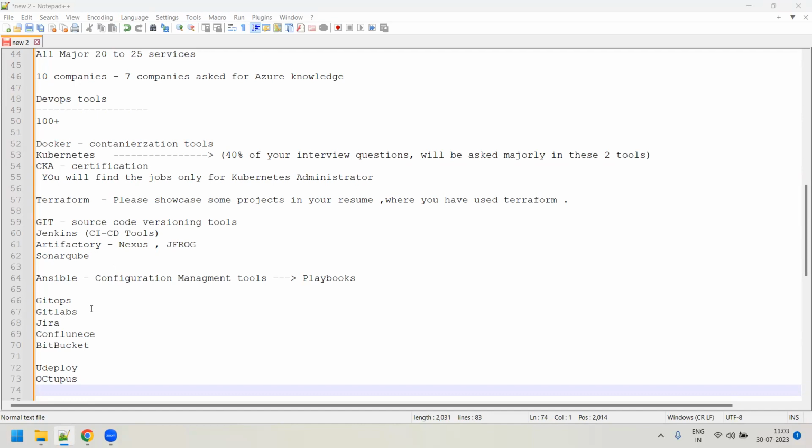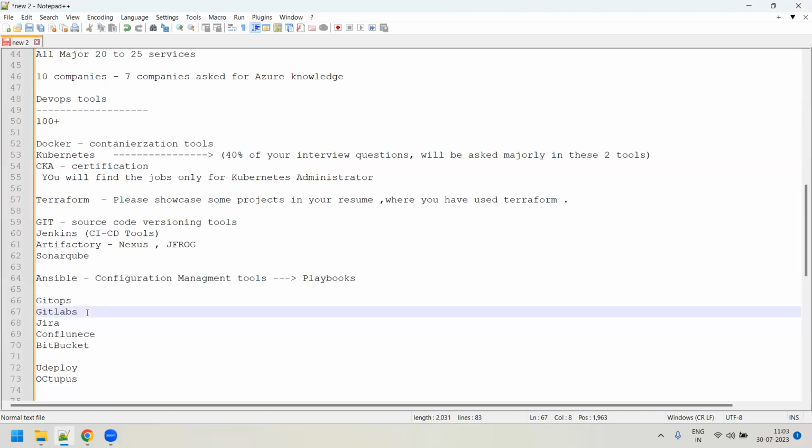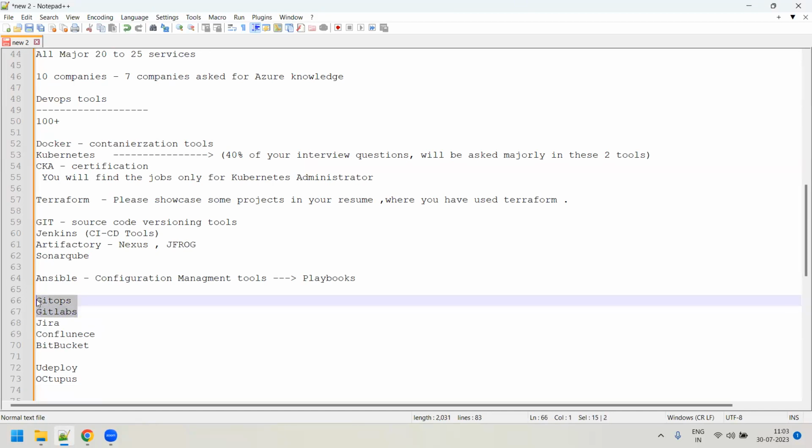So guys, that's what. Keep a tab on these tools also. Just have basic knowledge, at least 20 to 25% knowledge you should have with these tools. You should be able to tell something. Yeah, we were working on Jenkins, but now slowly we are moving to GitLab actually, because GitLab has more advantages than Jenkins. You need to even tell the difference between why you are moving to GitLab and how you are writing a pipeline over there and everything.